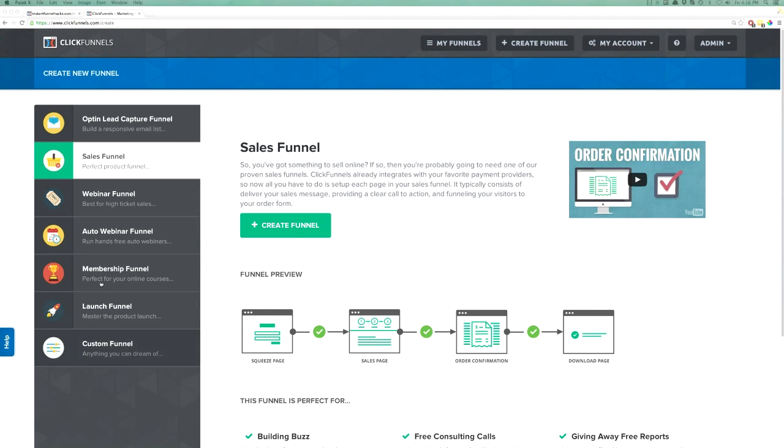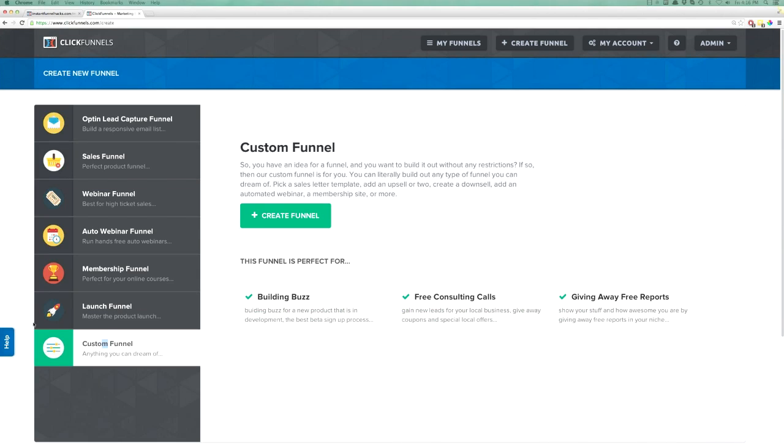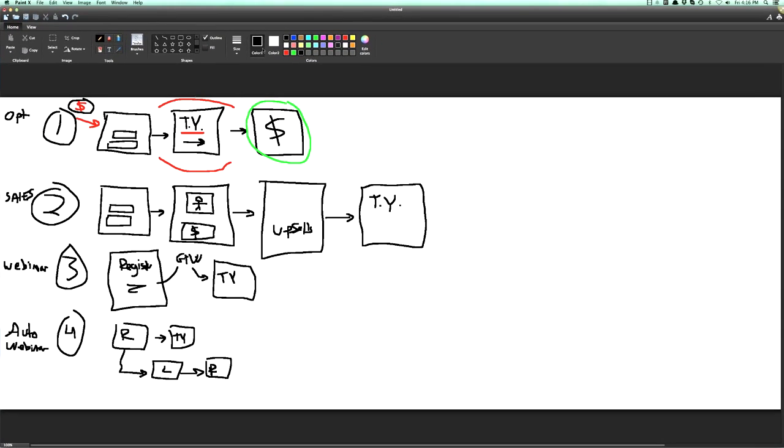And then obviously we've got membership sites, product launch funnels, custom funnels. So there's just different things. But these are the core funnels that we use. Obviously, then there's a product launch funnel